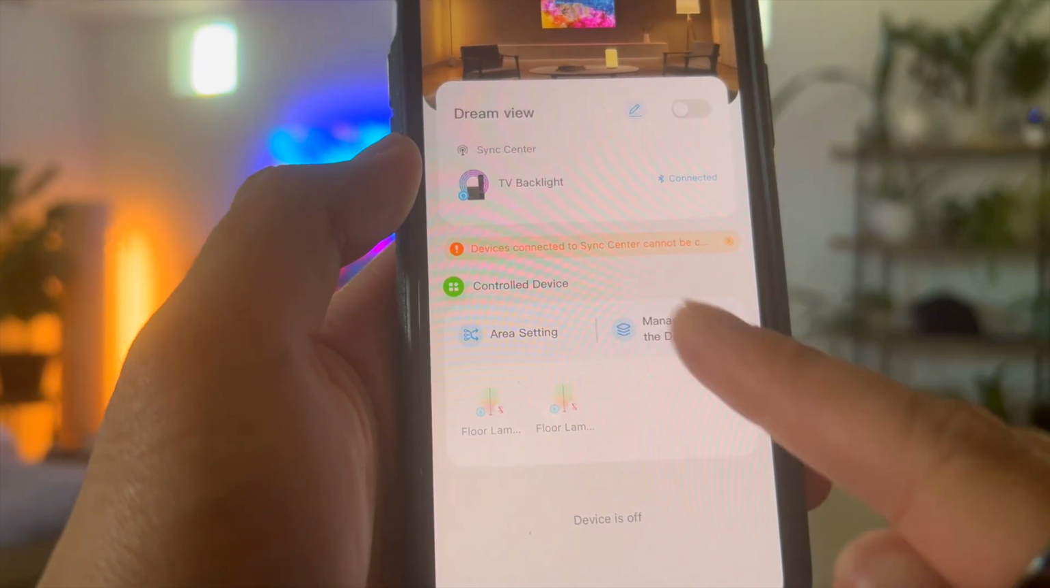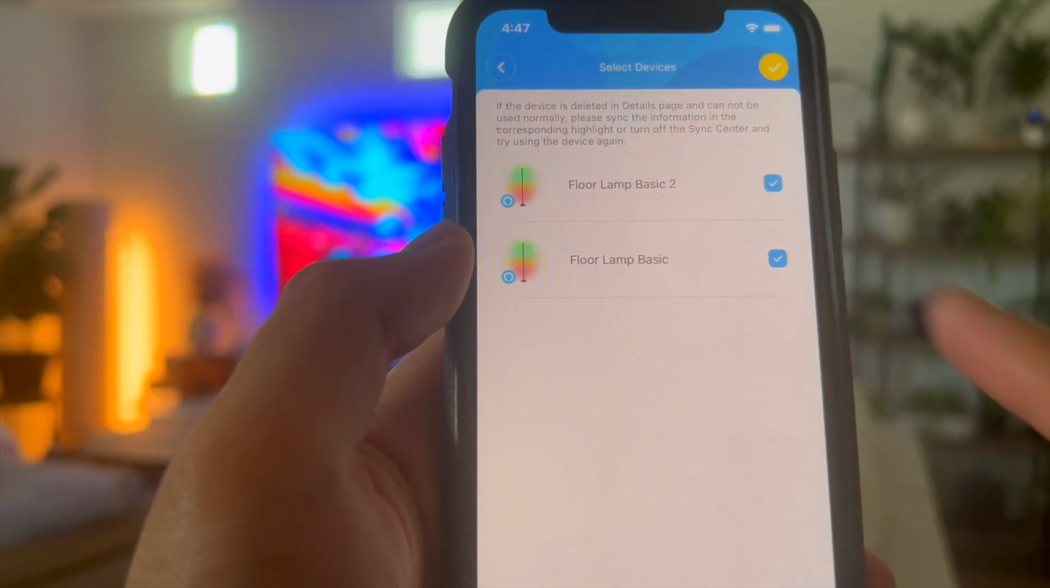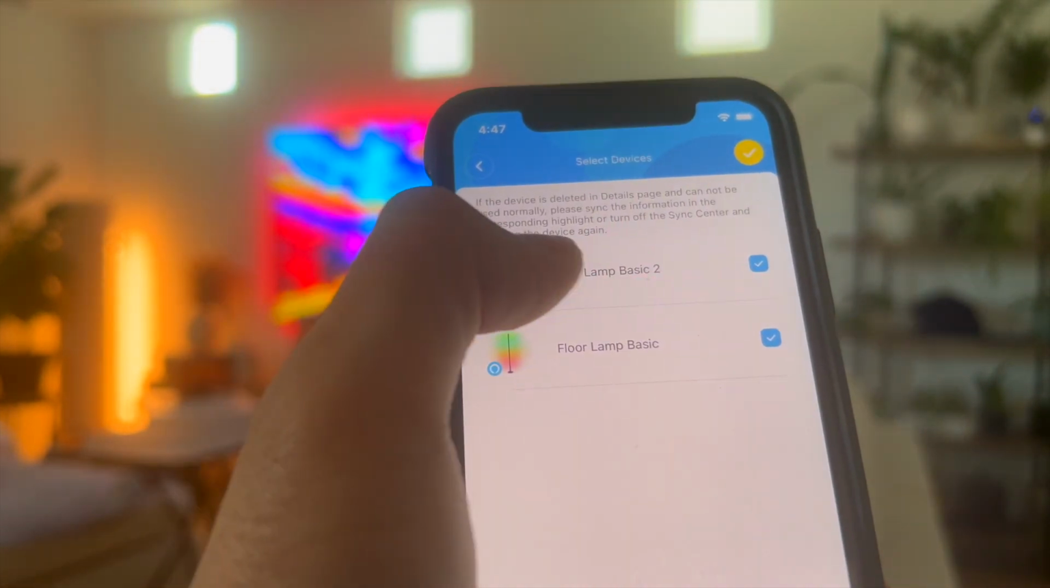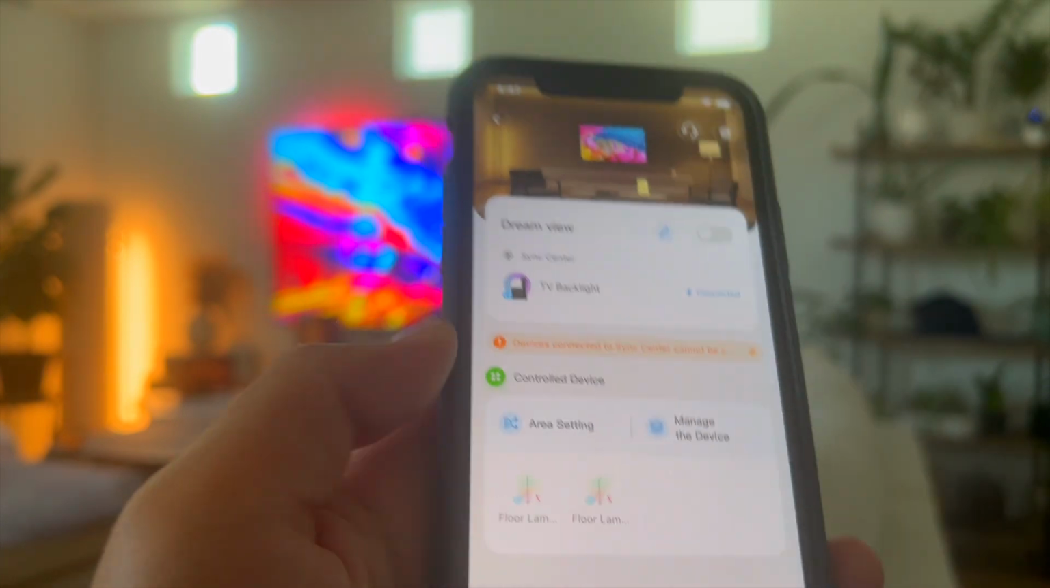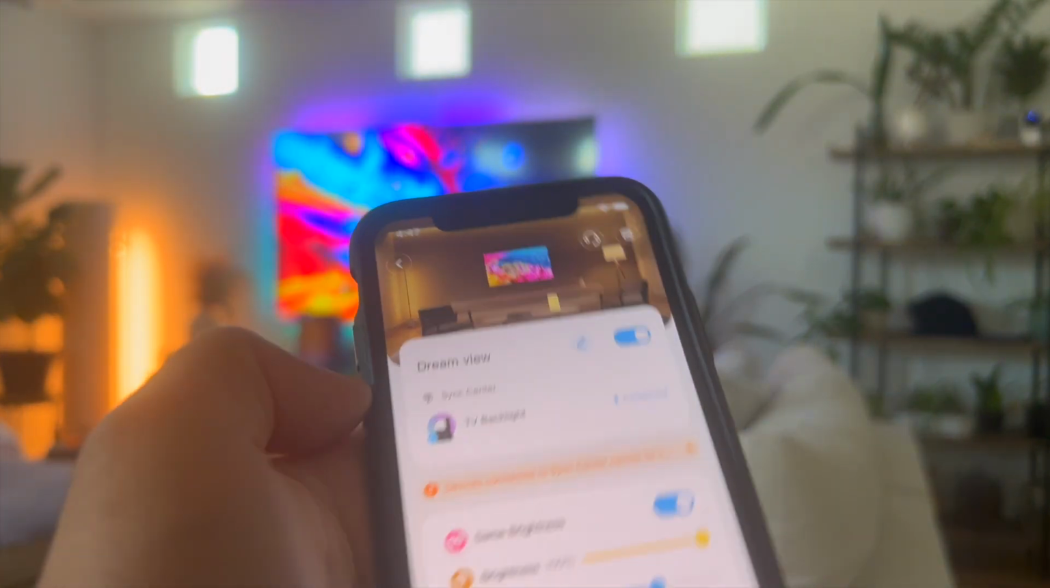Right now, Dream View is toggled off. But in order to configure what devices you want added to Dream View, you want to click on Manage the Device. And then make sure the boxes are ticked for whichever devices you want added. As you can see here, I have my floor lamps ticked on. Go back. And as you can see, my floor lamps are currently turned off. So now once I toggle on Dream View,